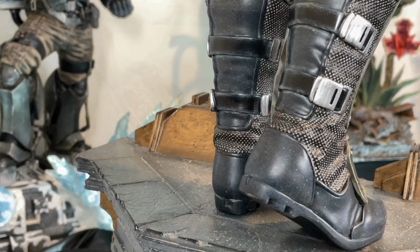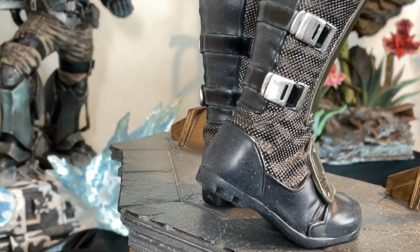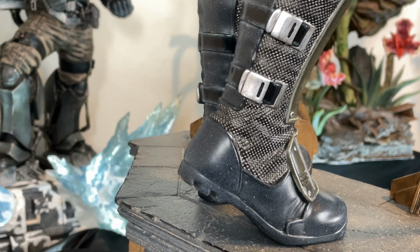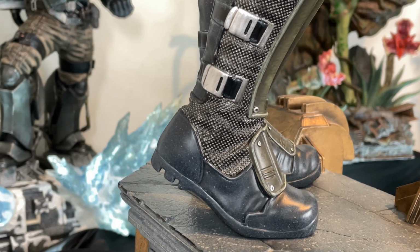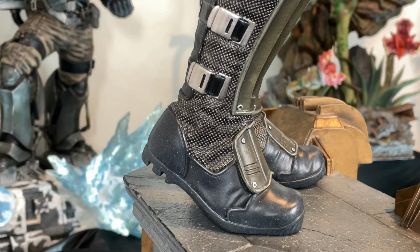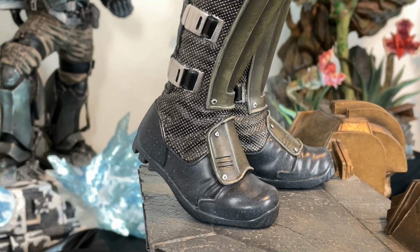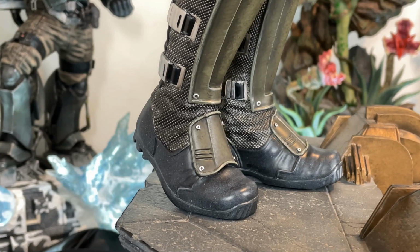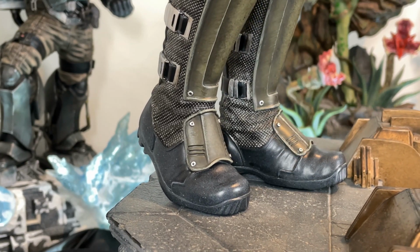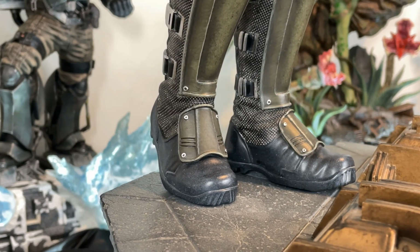We start with the lower boot part, really nice. A real nice sculpt. I love the way they did the tread in the front of the boot to give it that tread look, that rubber look. Really nice. All the way around, you got this leather. And you got these little armor points that protect the top of his foot. That's the same thing going all the way up his leg. You got this chainmail around his ankle that pretty much goes all the way up his leg past his knee, behind